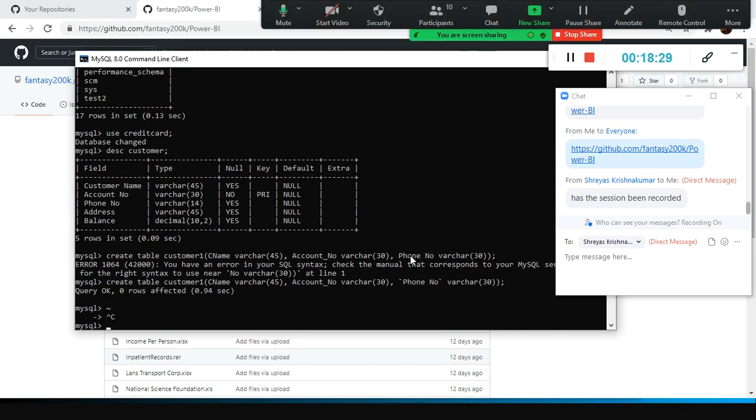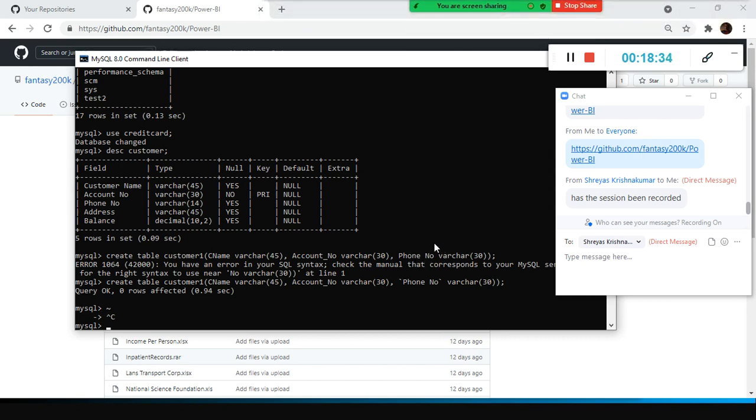See, there are situations. Let's say your manager says, no, I want the name to be like this only, right? But still, you want the column name for the phone number to get stored this way. You need to use oblique. The oblique will ignore the space. Actually, the SQL engine, when you specify the column inside the oblique, it will think, oh, so these two are the same column, a single column.